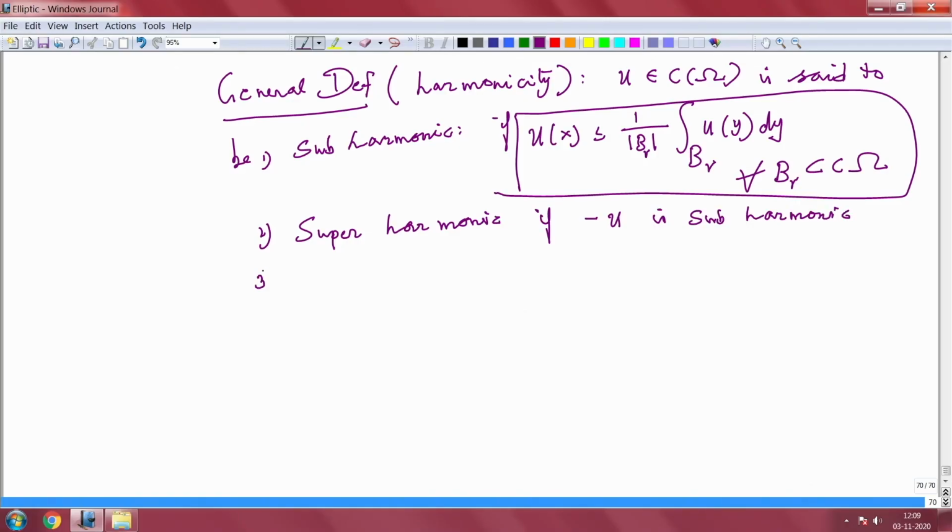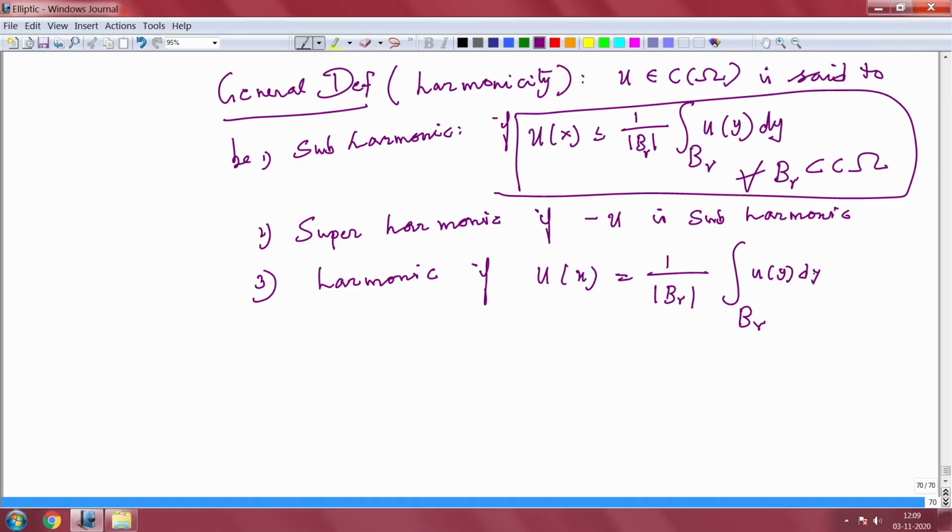And three, I have a new definition of harmonicity via the mean value property for continuous functions: u(x) equal to 1 over |B_r| integral over B_r of u(y). So I am able to define harmonicity using the mean value property. Okay. So what is the advantage of this? If you look at my earlier results,